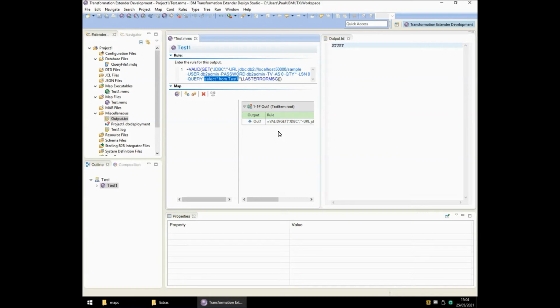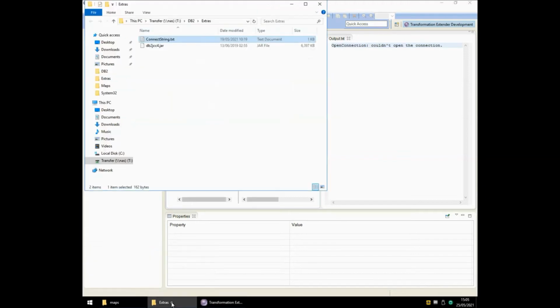I fully expect it to fail because I have not yet implemented the JDBC driver. The map has completed successfully, and as you can see, the output.txt has changed, saying open connection couldn't open the connection. Now, if we go into my extras folder, you will note that I've got a file called